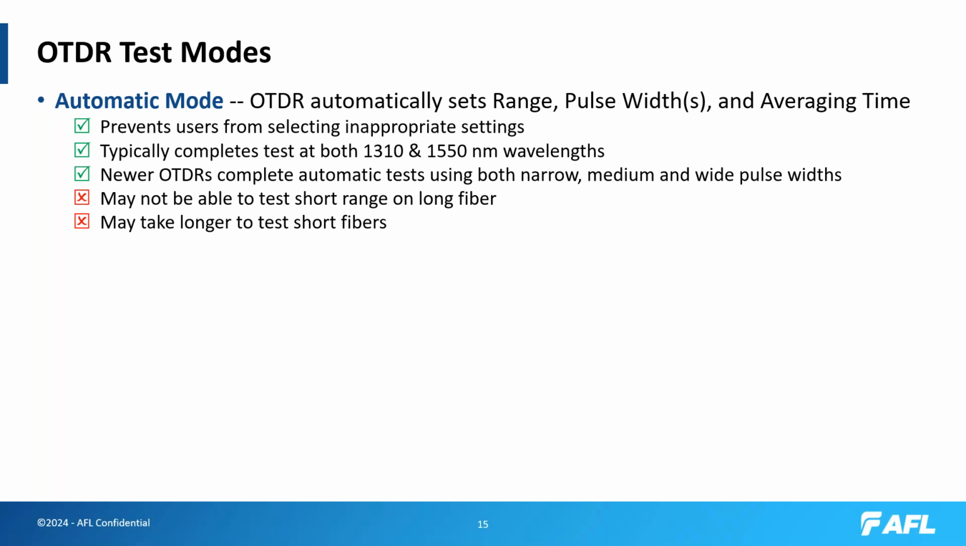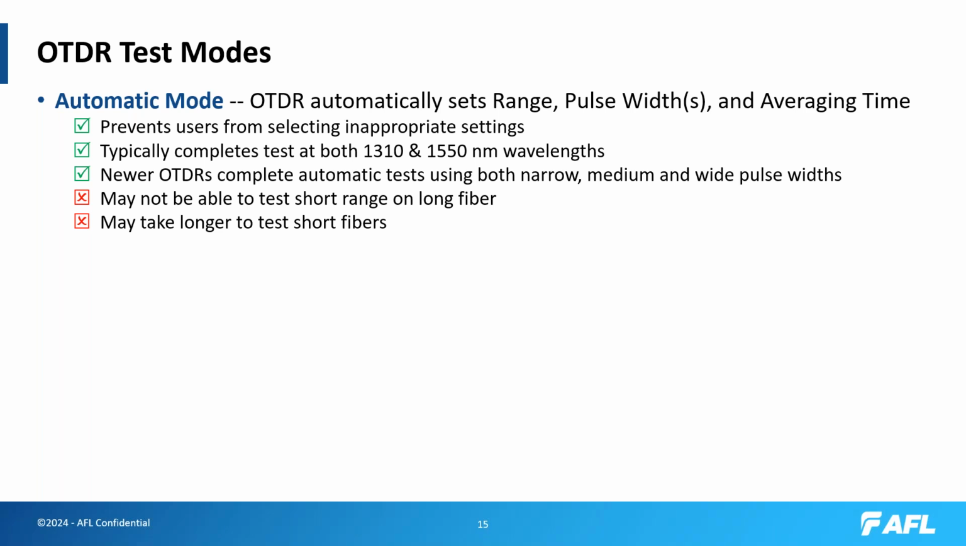Newer OTDRs will have what's called a multi-pulse acquisition that allows automatic tests to be completed using a combination of narrow, medium, and wide pulse widths. And this gives you, in essence, the best of both worlds. With the narrow pulse widths, you can get the short dead zones. With the medium and wider pulse widths, you'll have enough dynamic range to see further down the fiber and detect events, the faults